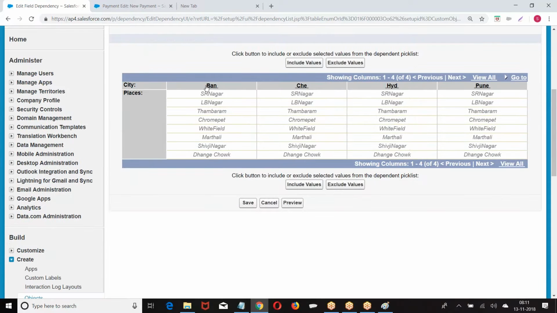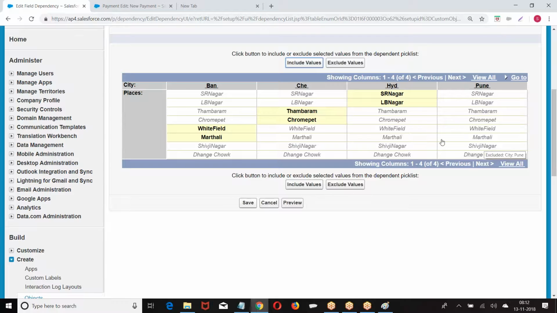Which field will control, and which value will be controlled? Controlling field city: Bangalore, Chennai, Hyderabad, Pune. Dependent field: if we select Bangalore, I would get Whitefield, Marthahalli. Chennai: Tambaram, Krompet. Hyderabad: SR Nagar.